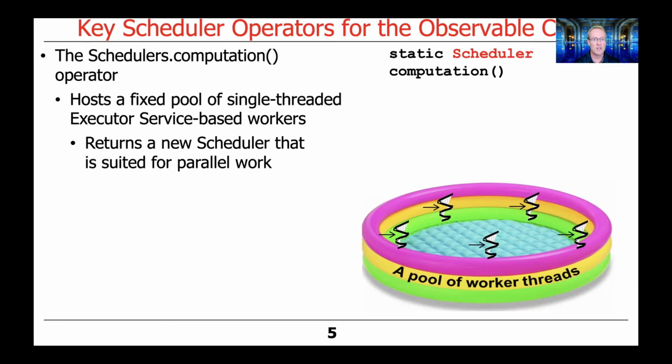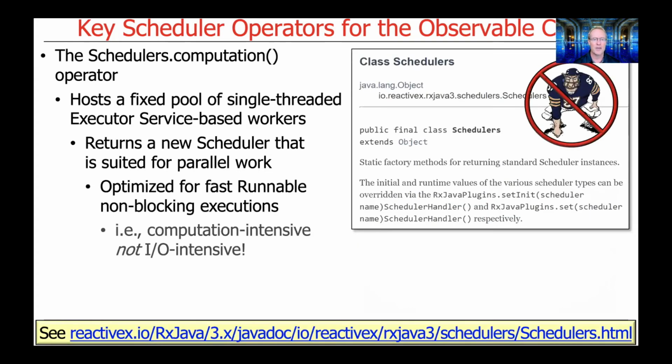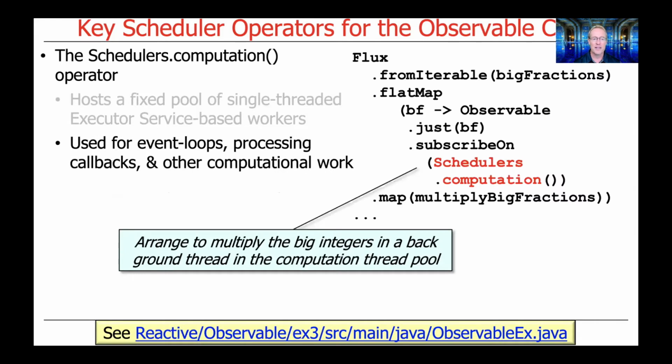It returns a new scheduler that's suited for parallel work, but particular types of parallel work. In particular, it's optimized for fast, runnable, non-blocking executions. In other words, computations that are intensive with CPU processing, not I/O processing. So another way of saying that is they're computationally intensive, not I/O intensive. These threads that are part of the computation thread pool are typically useful for event loops, processing callbacks, and other